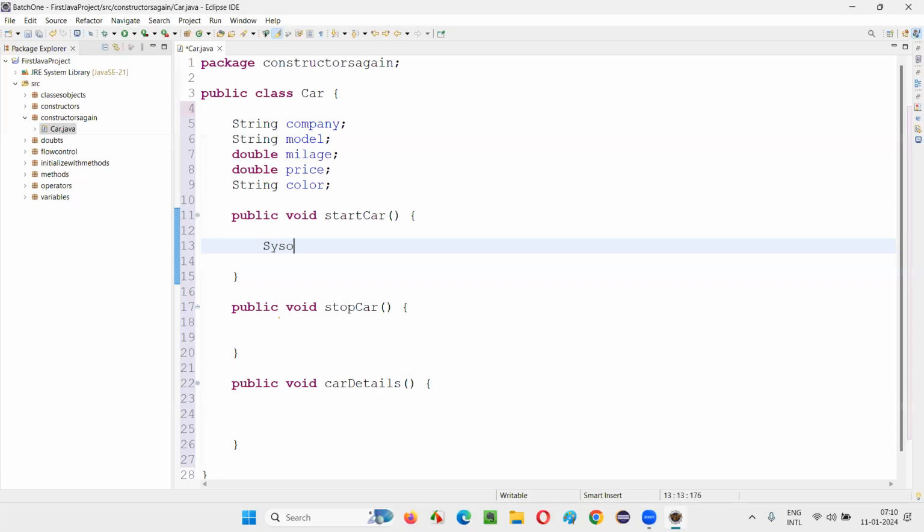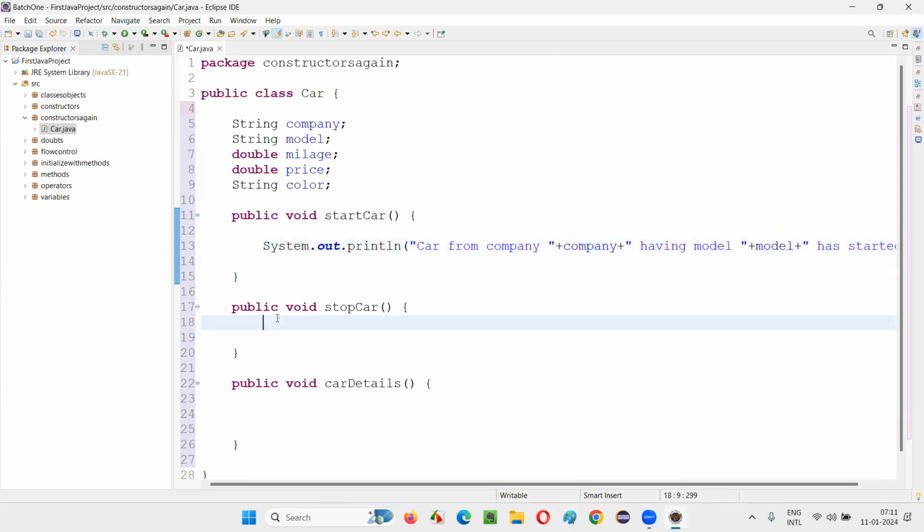Now, in this first method, I'll write the print statement saying "Car from company" plus company, "having model" plus model, "has started."